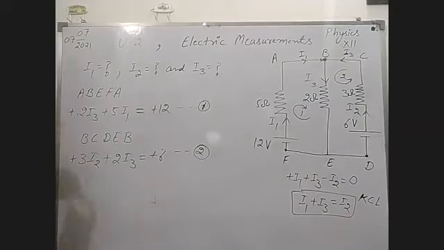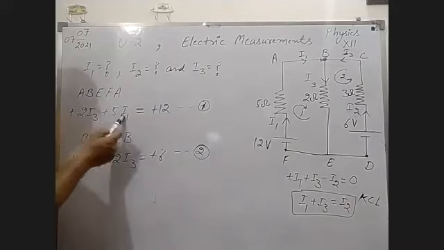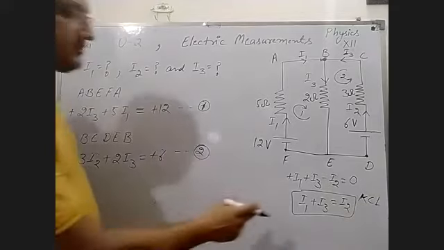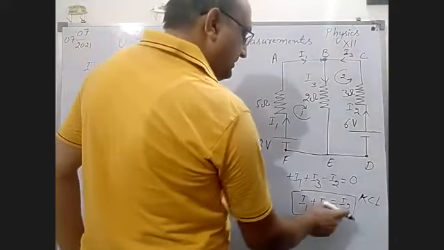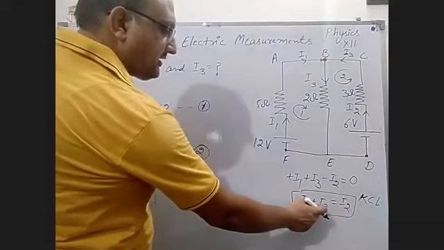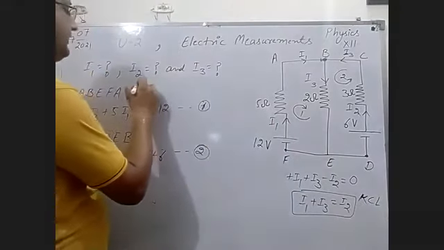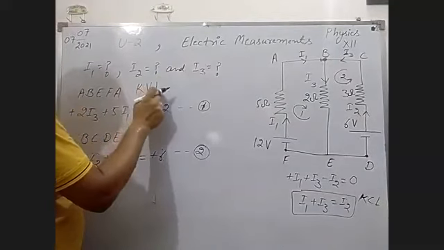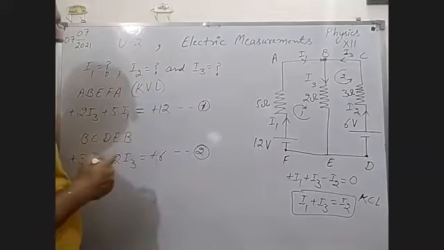Now there are two equations, this one and that one. Now you have to solve. How can you solve? From second and first. This is also one equation I have. Now use this first rule. This is Kirchhoff second rule, or you can write here KVL, Kirchhoff voltage law, KVL. Okay.